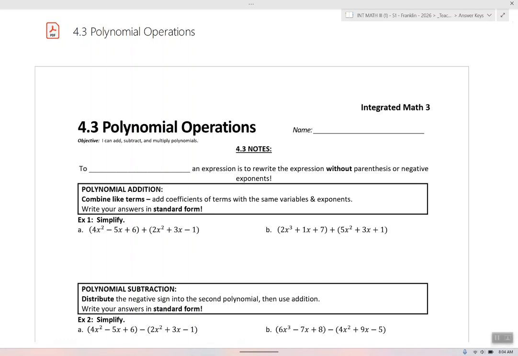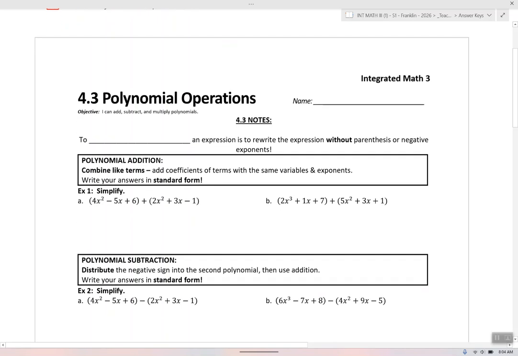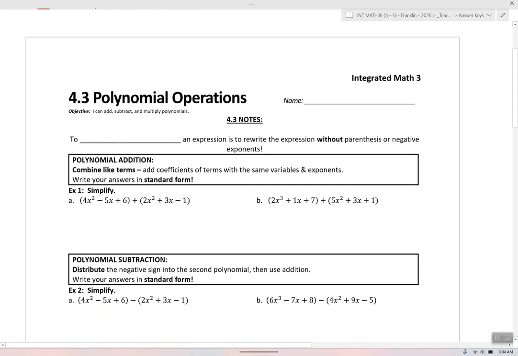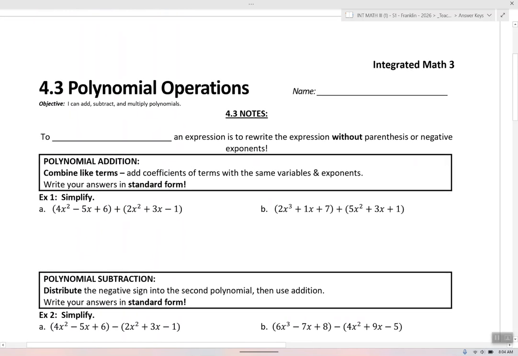Let's talk polynomial operations. In these notes, we're going to add, subtract, and multiply polynomials. So first, to talk about what we're actually doing here, we are simplifying these expressions. We are not solving any equations. So to simplify